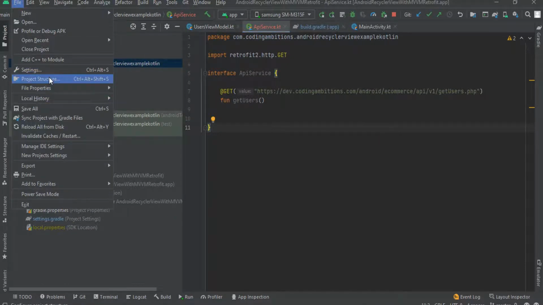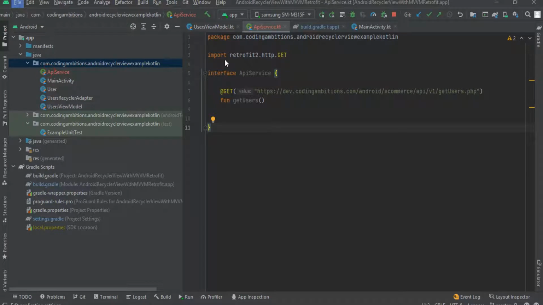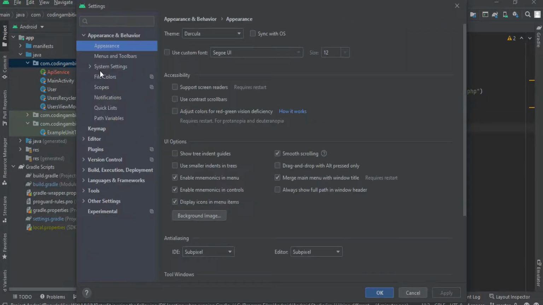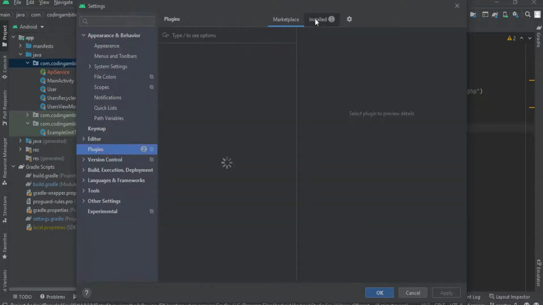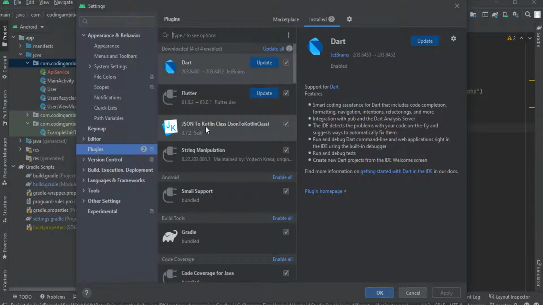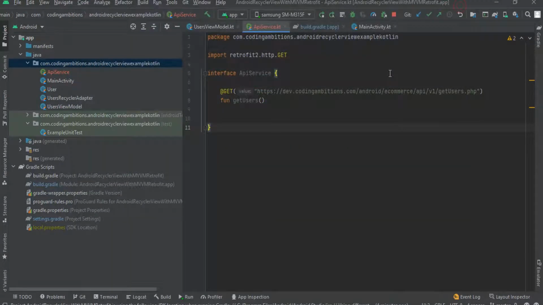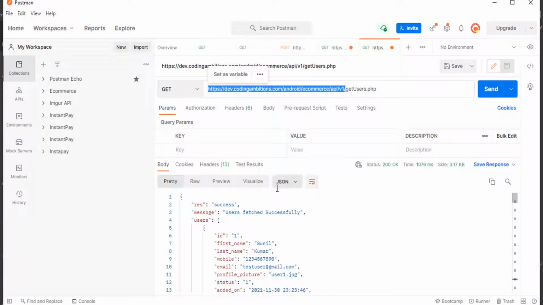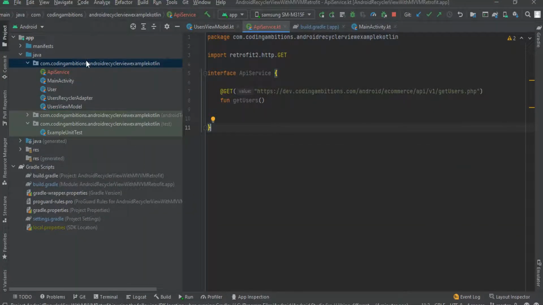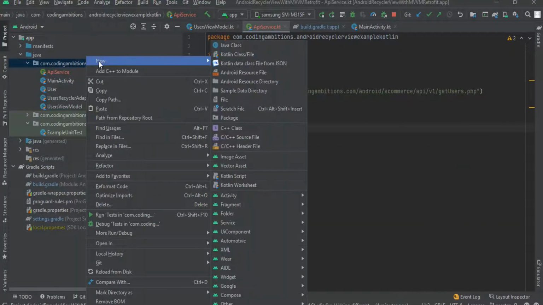You can go to settings, then you can go to plugins. This is the installed plugin and this is the name of the plugin. You can see JSON to Kotlin Class. It helps us to make Kotlin data classes from the JSON response of the APIs or any kind of JSON data. So this is the response of the API, this is JSON data. Let's copy that and we will create that model, or it will create all the models from that JSON response,